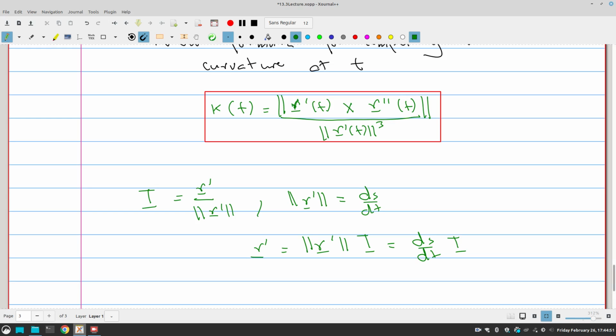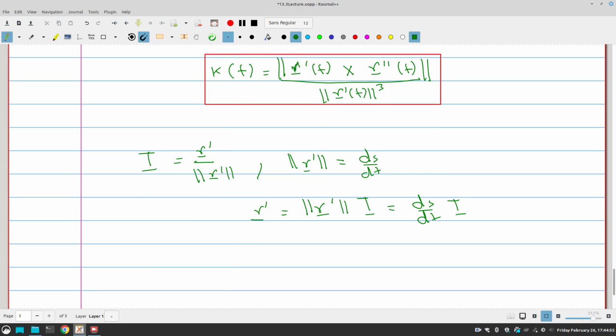Now that I know this, let's find r double prime. By the chain rule, this is a little sloppy because all of these are functions of t. R prime is a function of t, r double prime is a function of t, and so forth. When I take derivatives, I mean derivatives with respect to t. So if I use the Leibniz chain rule, I get